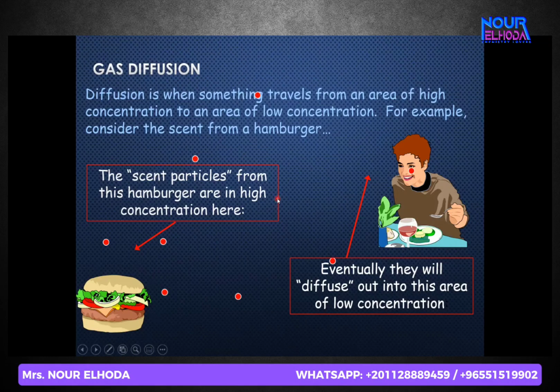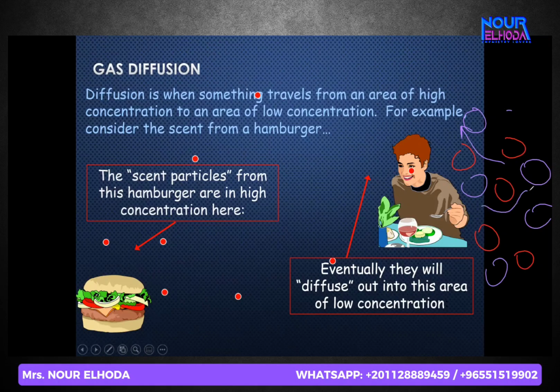This means that the particles of the smell, if this is the particles of the air, and this is the particles of the smell of the sandwich, they are going to diffuse through each other. Since the particles of the gases are all the time in a continuous random motion, or not? What do you think? Didn't we agree that molecules of gas, that's true, we said before that the particles of the gases are all the time in a continuous random motion? So this means, yes, that's true.